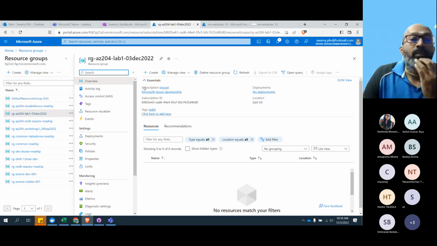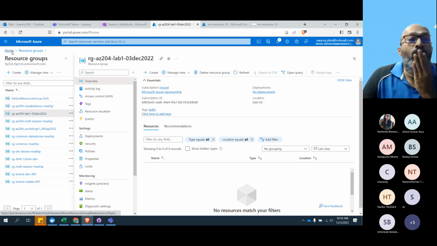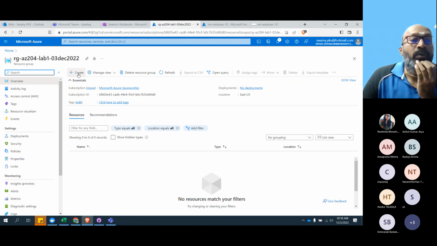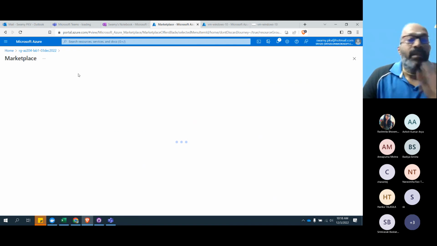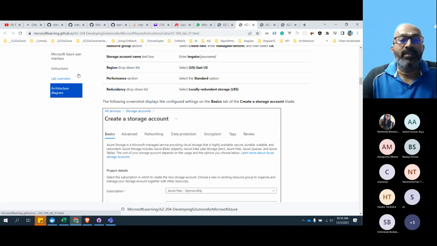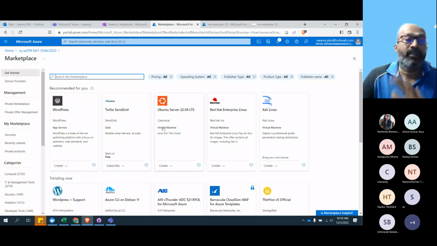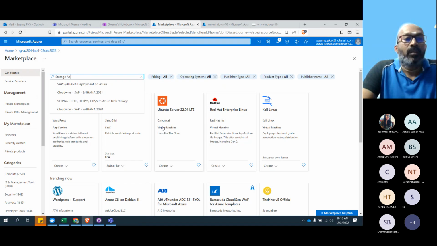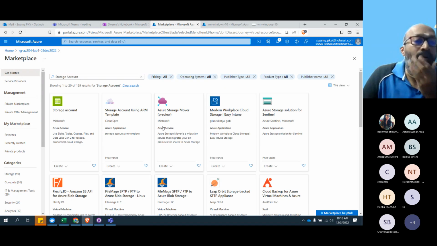So I'm coming back to this one. I'll go home and click on this and we'll do create. Some of the UI might change a little bit, left, right, and center, but they are small changes. So search for storage account.